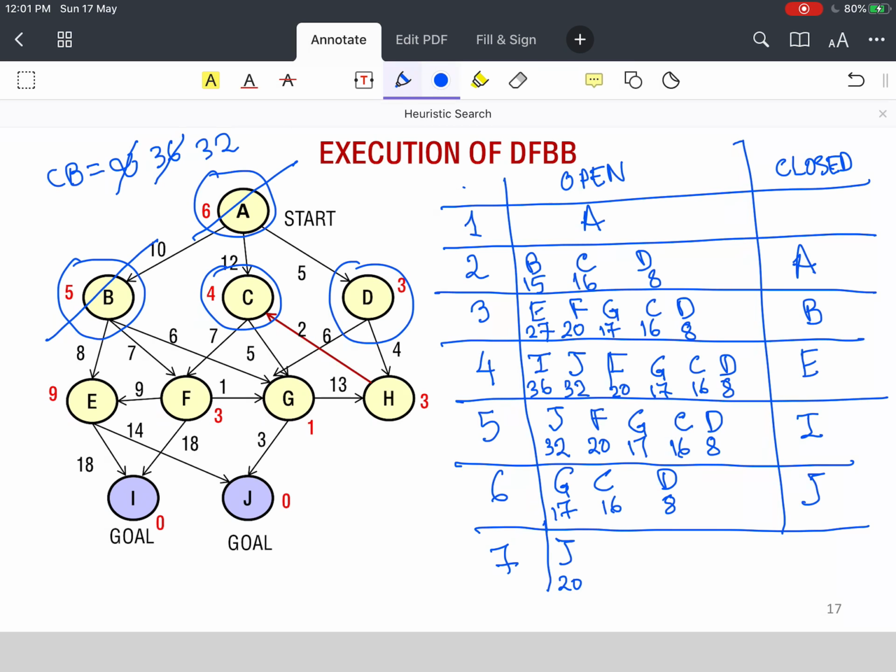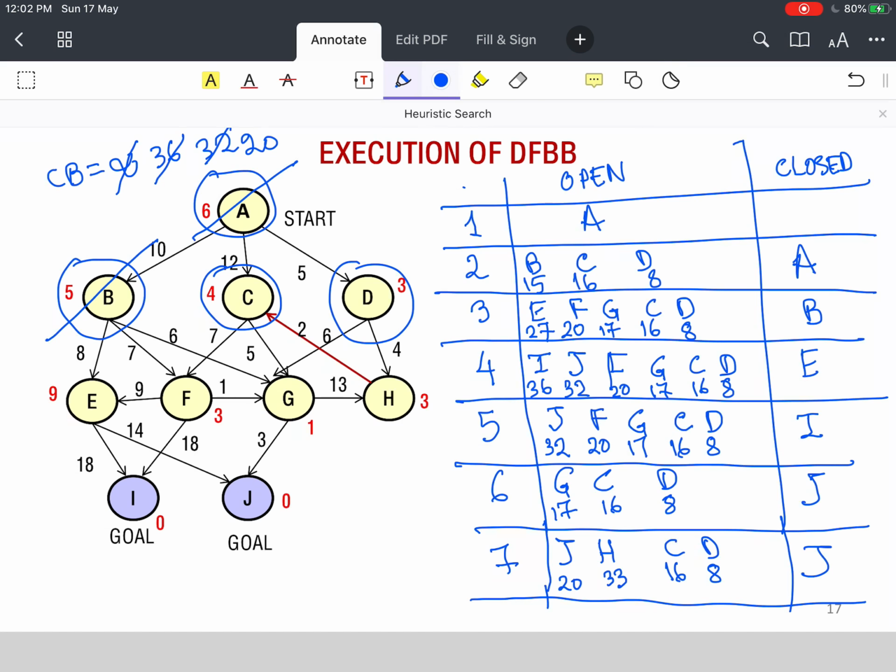And from G, I will also generate H, because from G there is a path from G to H. So I will also generate node H. And C and D will remain. And the value of node H, since G was this one, plus the GH cost, this will be 33. And C will remain 16 and D will be 8. And again when I remove J, this cost will get updated to 20.